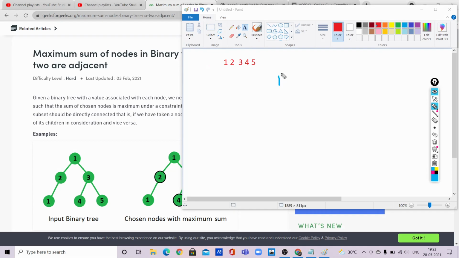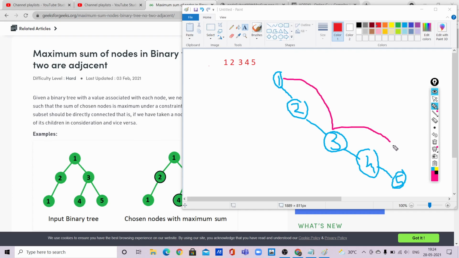So 1 will be our root node, and 2 is bigger than 1, so it will be to the right of it, and 3 will be again bigger than that, so it will go into the right subtree, and 4, which is greater than 1, 2 and 3, will be in the right subtree itself, and 5 is greater than 4, and 4 is greater than 1, 2 and 3, so 5 will also be in the right subtree. So we can simply find alternate nodes like this, or this can be another choice, or this can be another choice.